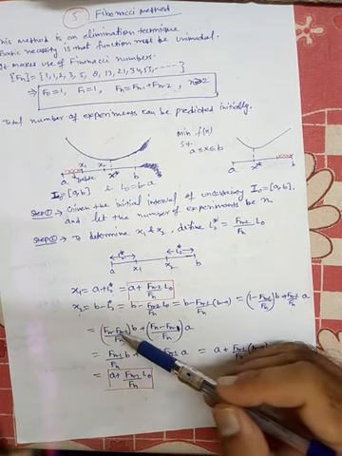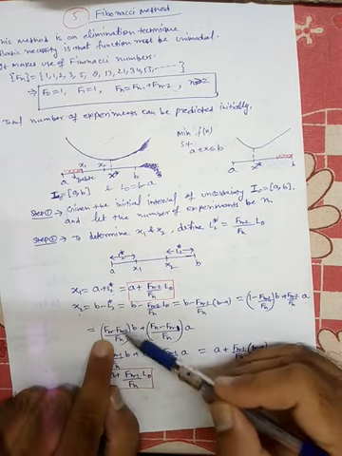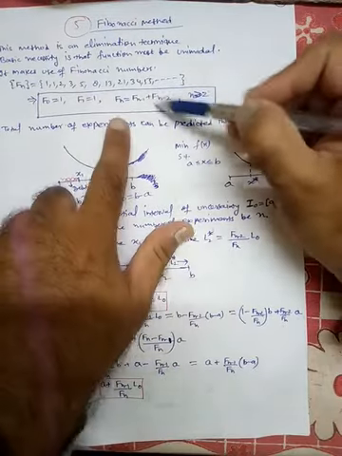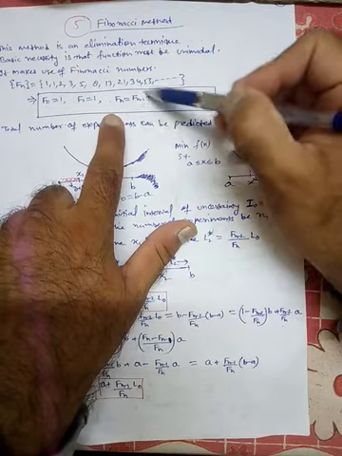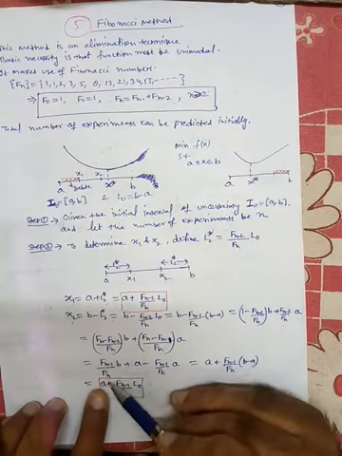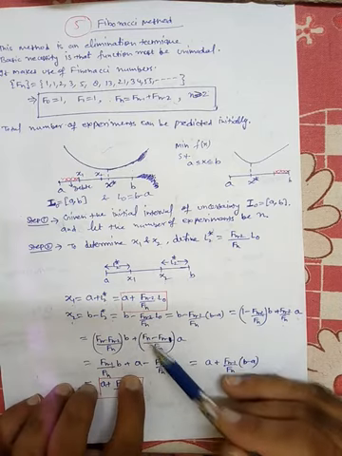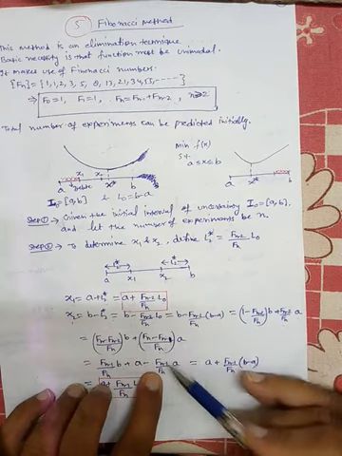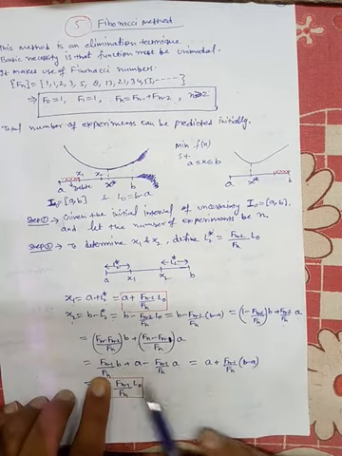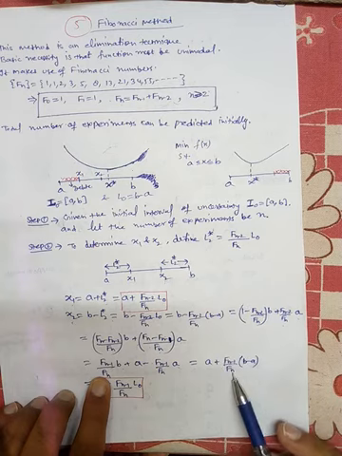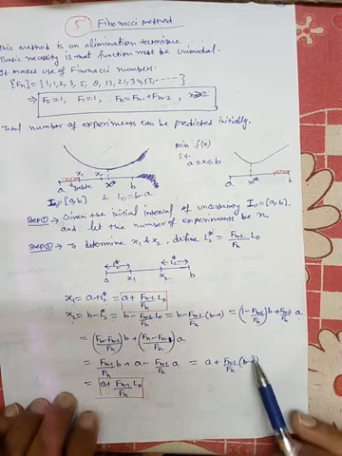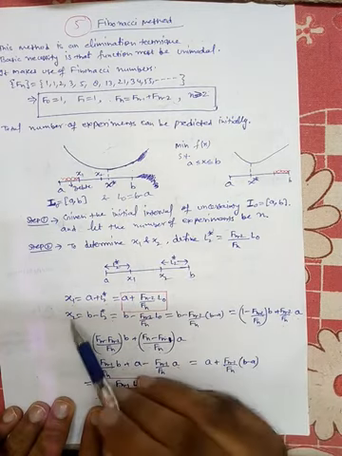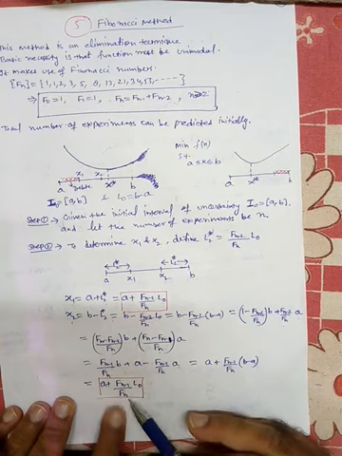Okay. Now here, f_n minus f_{n-2}, again using this formula. When you take this quantity on the left-hand side, we get this: f_{n-1} by f_n times b, plus, when you divide f_n by f_n, we get 1, so 1 into a will be a, minus f_{n-1} by f_n times a. When you combine these two, we get a plus f_{n-1} by f_n times (b minus a). But what is b minus a? L0. So just replace this by L0. So x2 is a plus f_{n-1} by f_n L0.